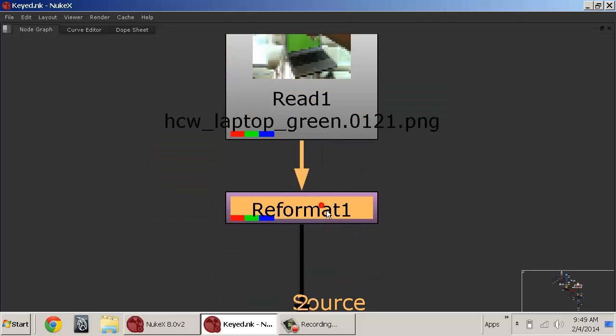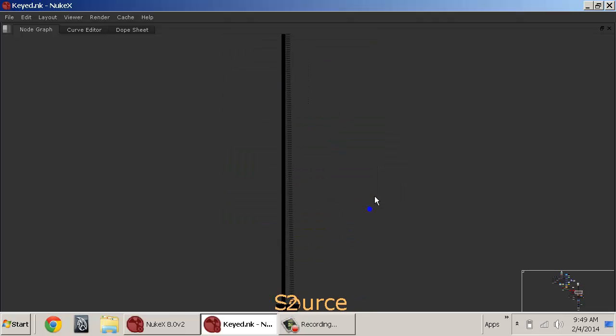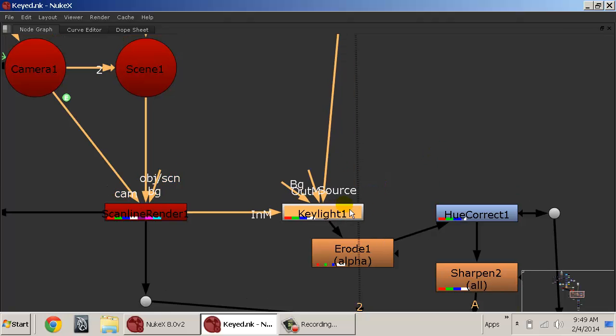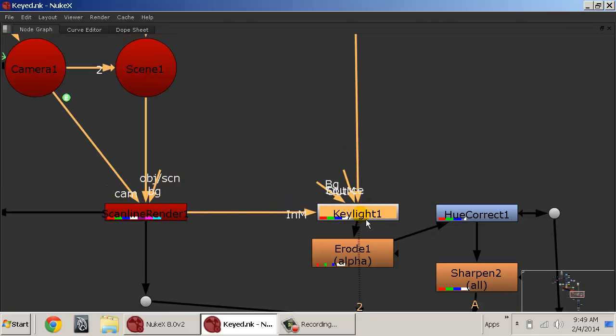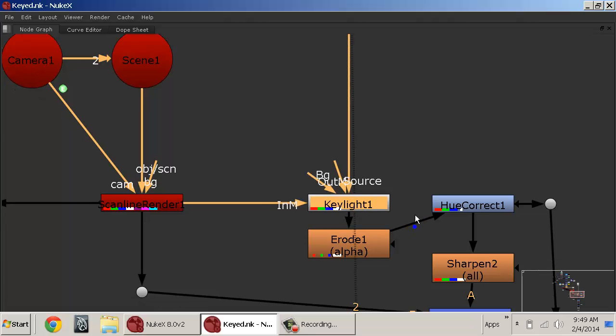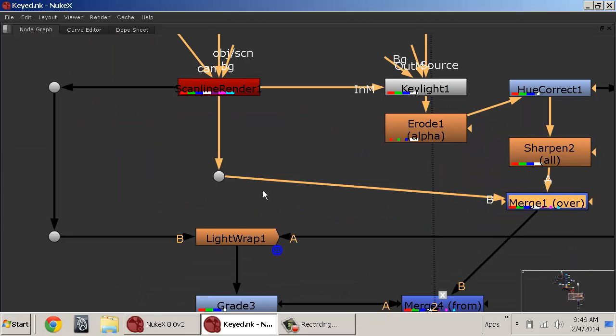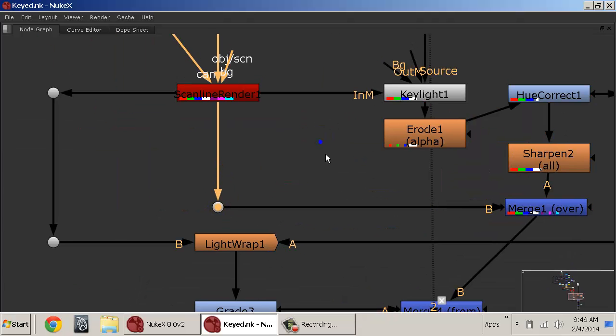Because it was squished, we had to reformat it to fit. And then I have Keylight, which is essentially taking out the green screen area. Then I've eroded it, adjusted it, done some hue correction, some sharpening, and then I'm merging it on top of